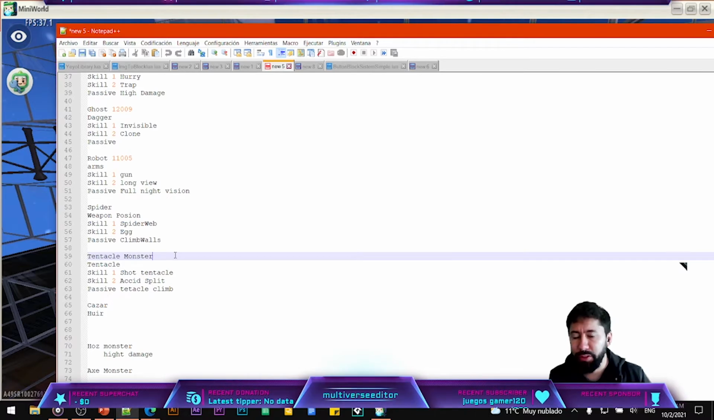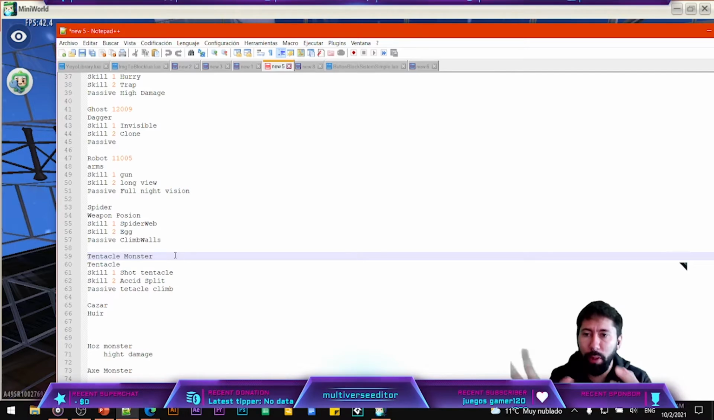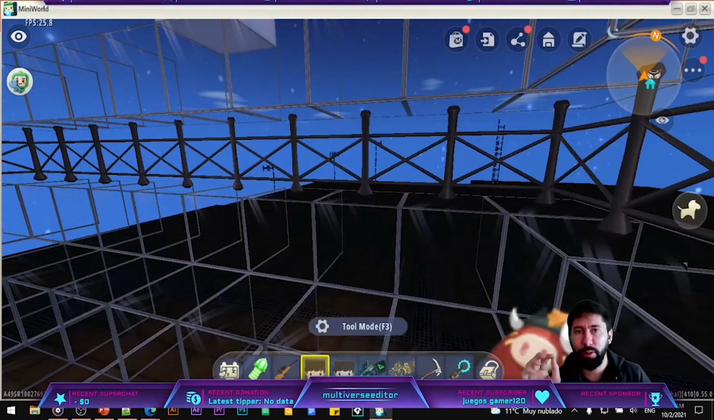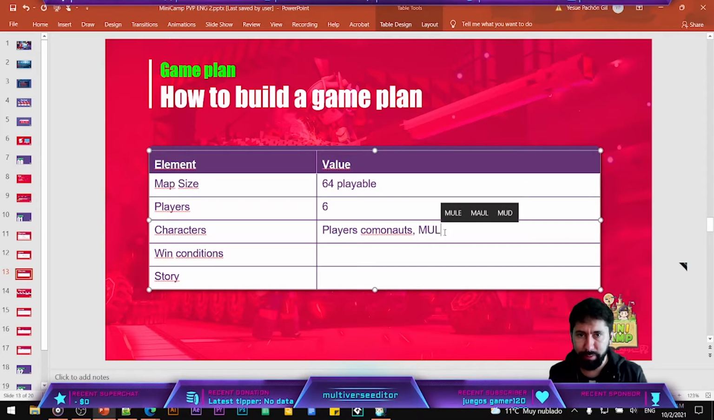This tentacle monster is going to be something mixed with a lot of tentacles, and it can actually use the tentacles to move and to climb the walls and move around the map, okay? I'm going to teach you to do those two monsters also, but for now, those are going to be all the characters for this mini world map. So I'm going to place multiple characters, okay? Notice, please,